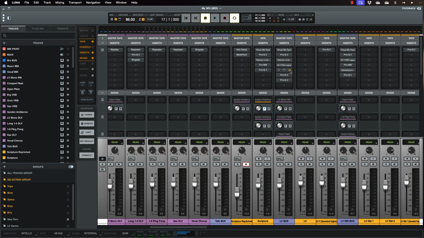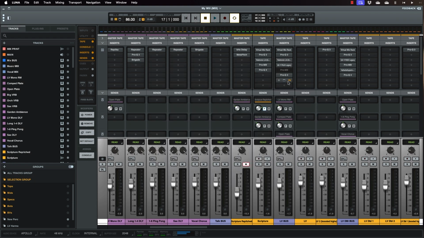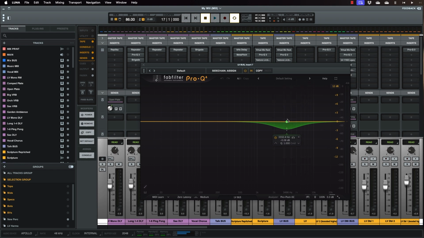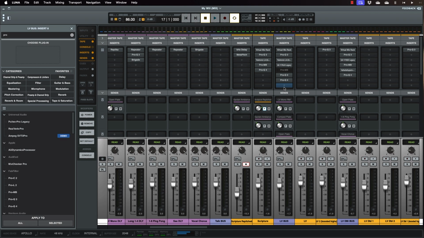So what I'm going to do is disable that. Down here, I've got some other stuff happening. I added more brightness, and then here I'm dealing with some resonance using the Pro Q4. So let's disable this and add in a fresh instance of the Pro Q4 so I can show you how we would